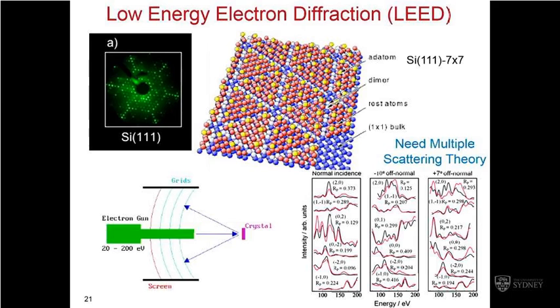The agreement is quantified by some kind of error analysis called an R factor, which just measures the deviation from the experiment. If you get the structure wrong, if your guess is wrong, there's no way you can get any kind of good agreement. So it's probably the most accurate way of getting surface structures,